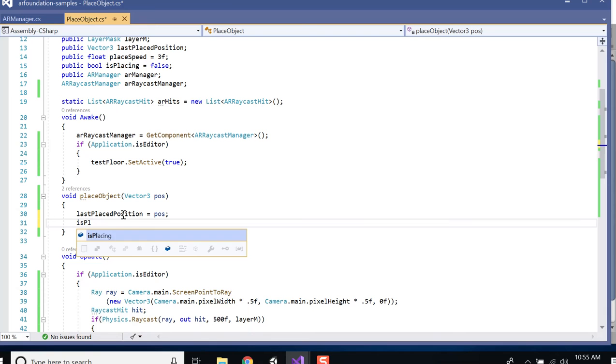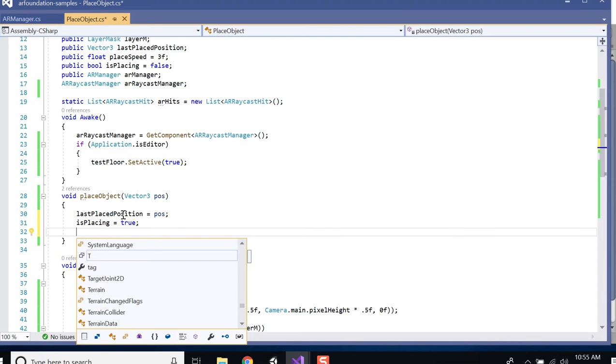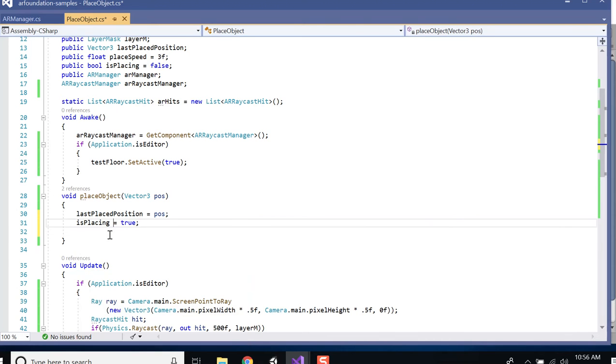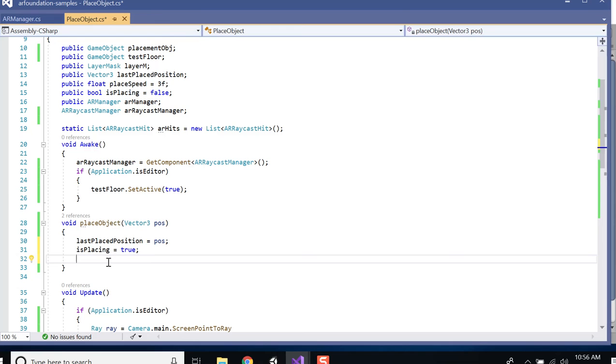We need to set is placing true, and then let's just say we want to... So we've got this object. Let's see here. We have this object up here, placement object. So we just want to